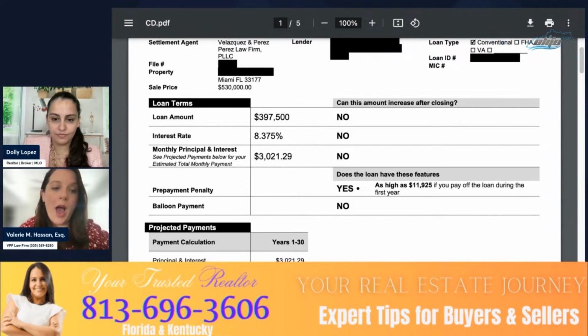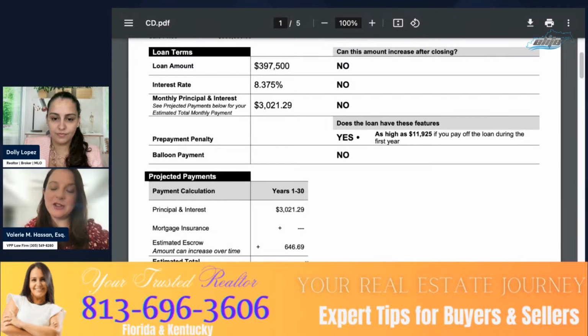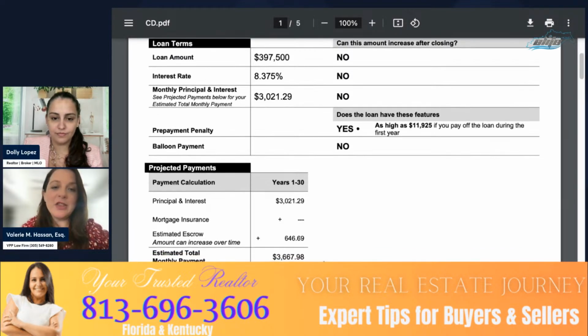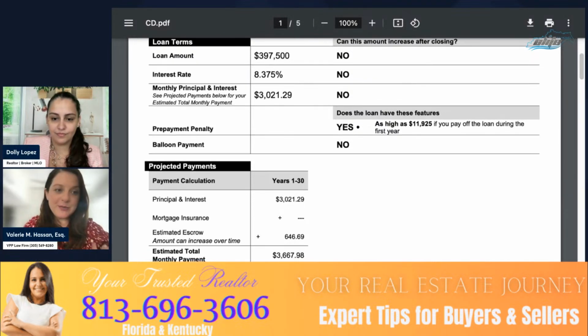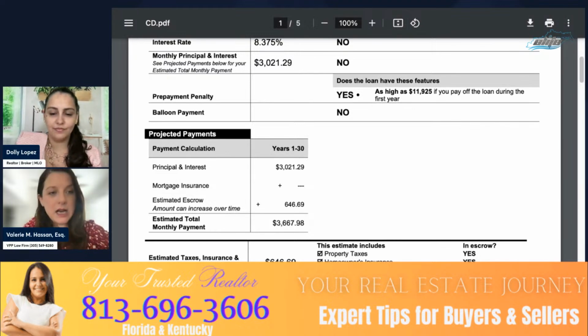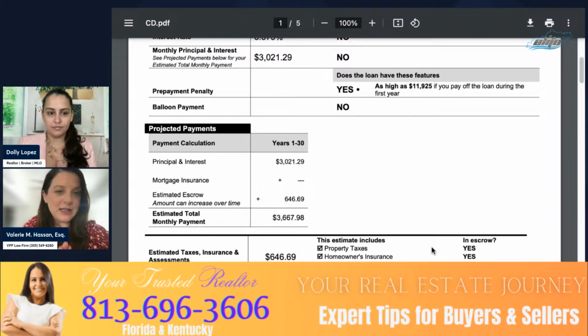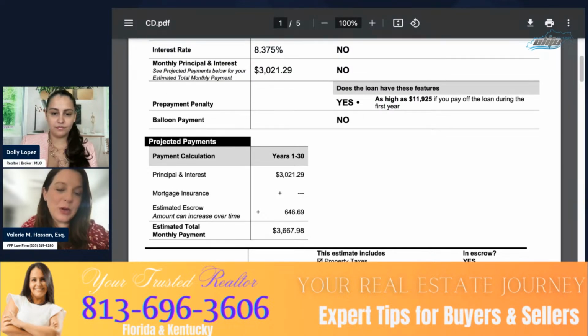paying monthly. Why? Because if we scroll down, you're going to see that there's estimated escrows that are included in that. And those estimated escrows are going to typically include insurance, right? For your property insurance, property taxes. And sometimes, although not all the times, it includes homeowners association fees. Not all the times they include it. Depends on the lender, depends on the structure of the loan, depends on how the lender wants to handle this particular loan. But I make it very clear that top payment of that $3,021.29,